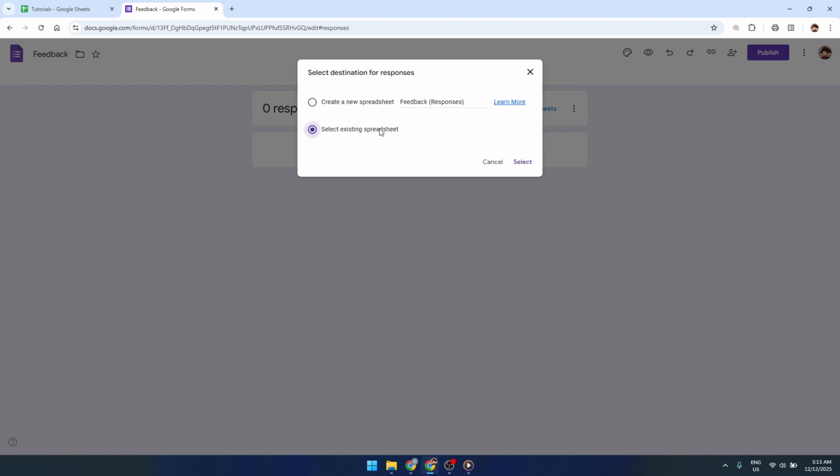The second option is to select an existing spreadsheet. Pick this if you already have a Google Sheet where you'd like the responses to go, maybe because you're tracking multiple forms in one file or combining data. When you choose this, you'll be able to browse your Google Drive and select the spreadsheet you prefer. Google Forms will then create a new tab in that existing file specifically for this form's responses, keeping them separate